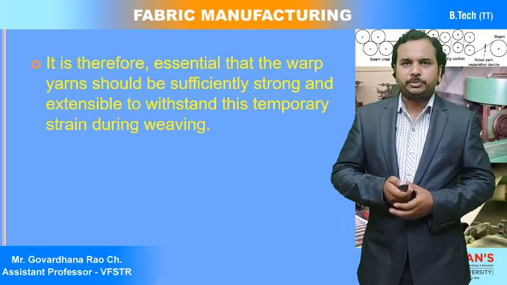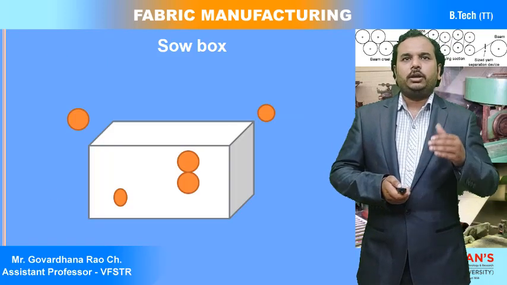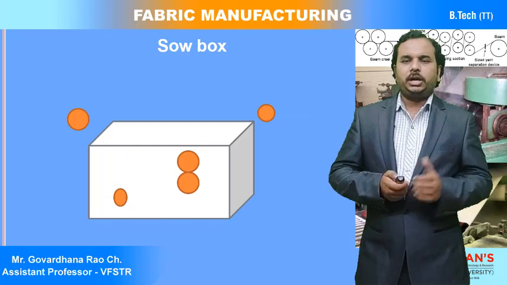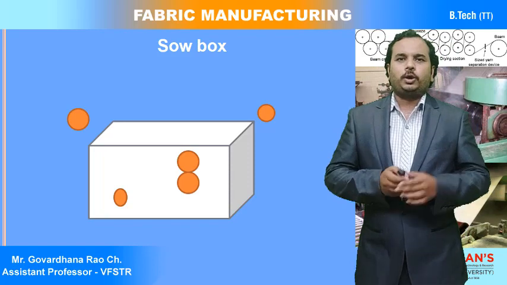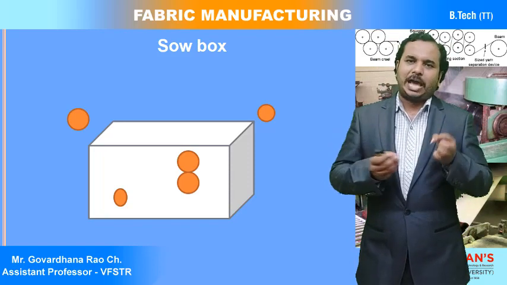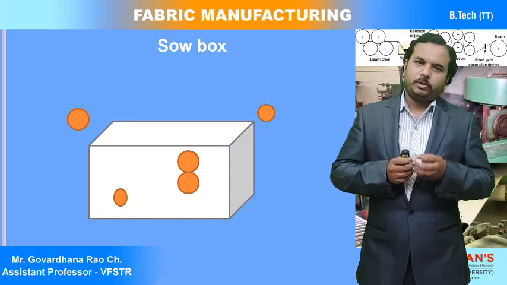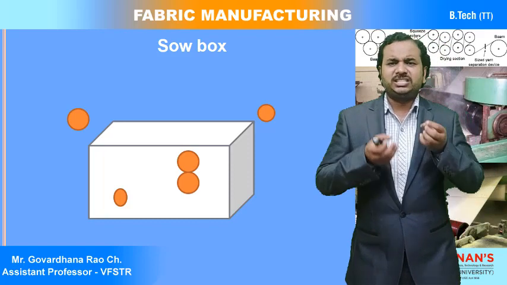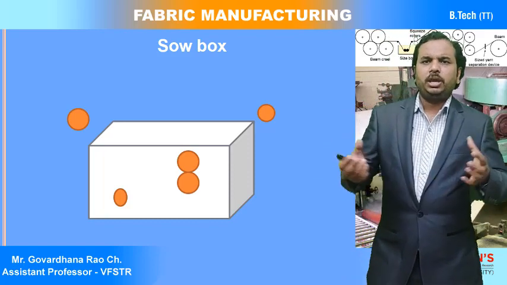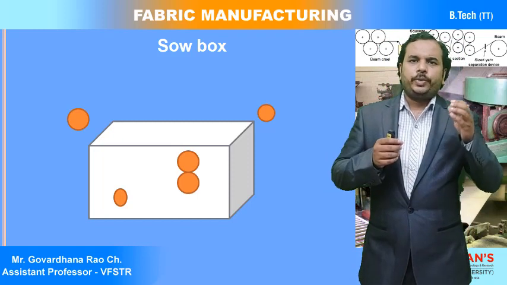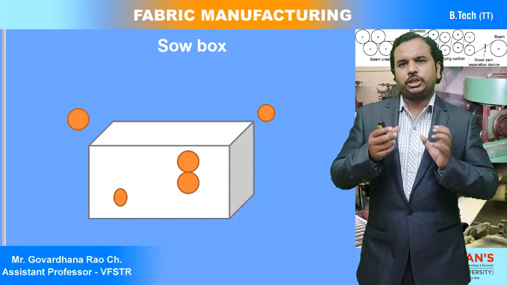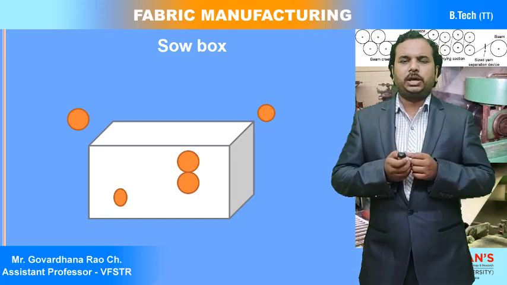The same thing I have explained here. Okay, now you can observe here how the size paste is going to be applied. Now there is a trough. In the trough we have a size paste. So the size ingredients, which are like a gummy substance, are going to be available in the bath, and there are guide rollers, immersion rollers and squeezing rollers.